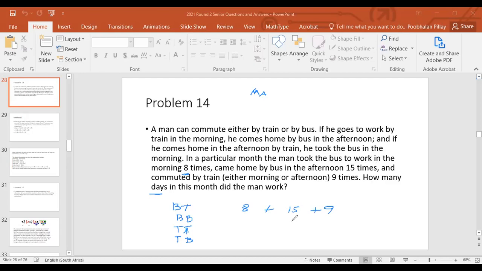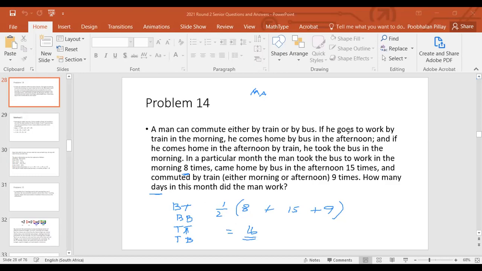Right? So the total number of transport modes he used was 8 plus 15 plus 9. And each day he uses exactly 2 modes of transport. So the number of days is that. So the answer is 16. The people who set the question didn't see this rather beautiful solution. And it took me a long time too. But anyway,